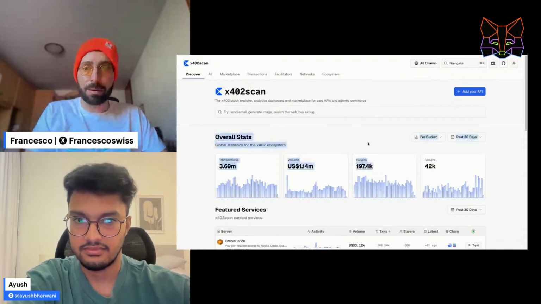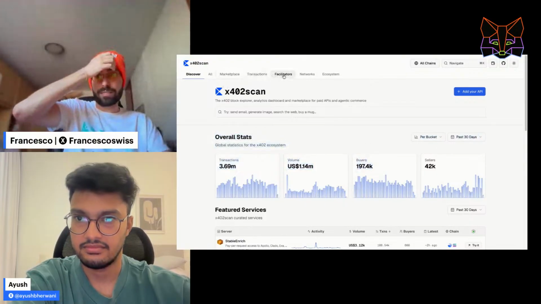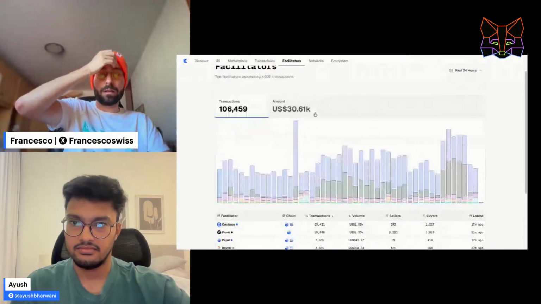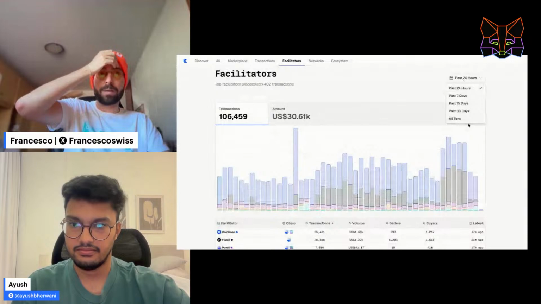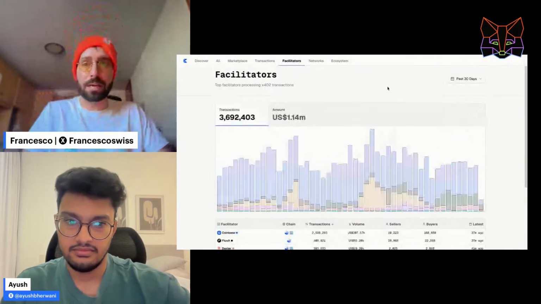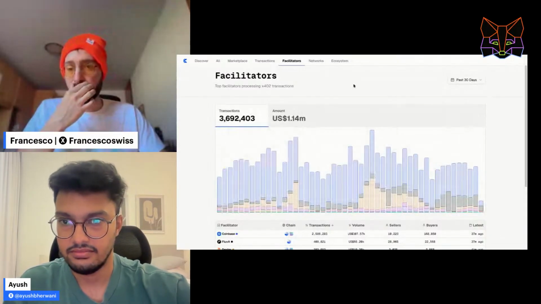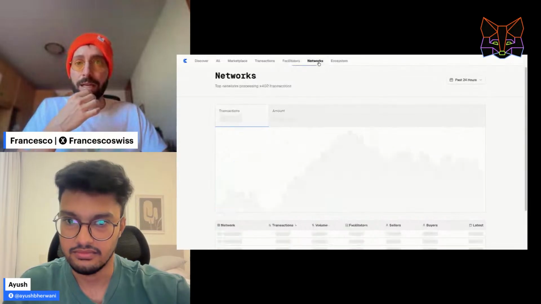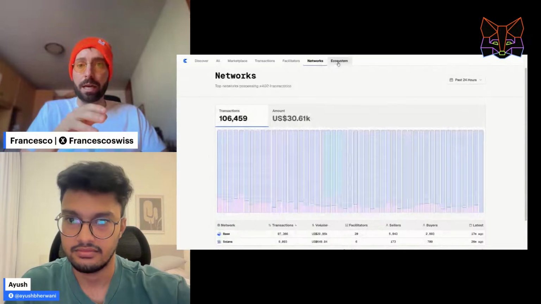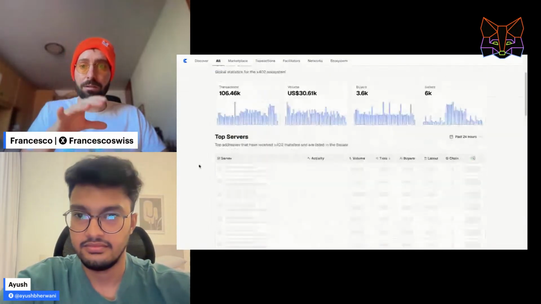You can see the overall stats. I really like both the discovery part and the facilitator part, and going back to understand who is running a facilitator and what the current volume is. Just to give you an idea, there were around 4 million transactions run by facilitators in the previous 30 days. The cool thing is that you will also see a full breakdown around ecosystem, network, and different stats on the top servers and their activity.